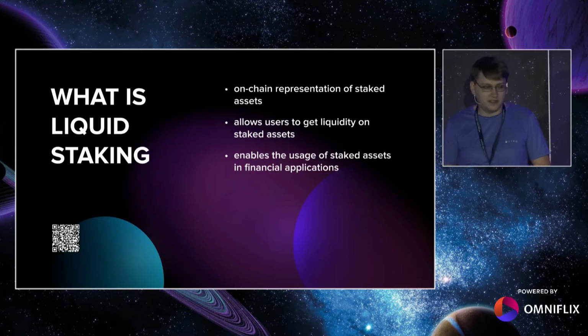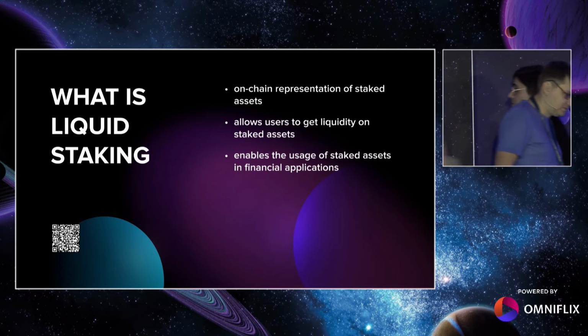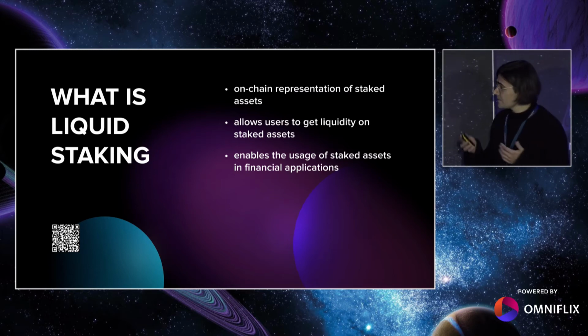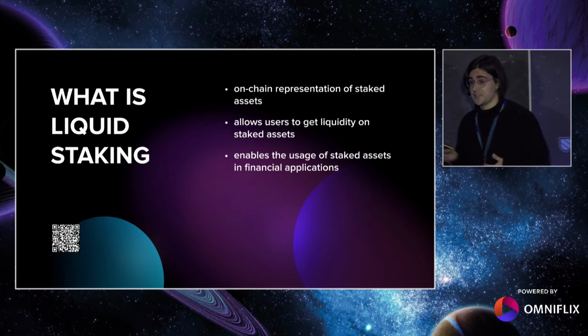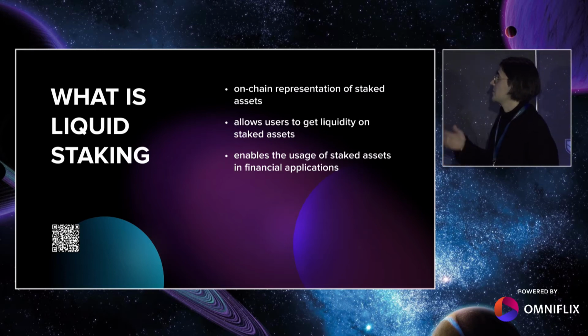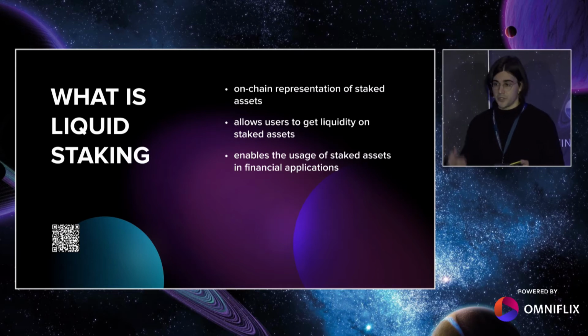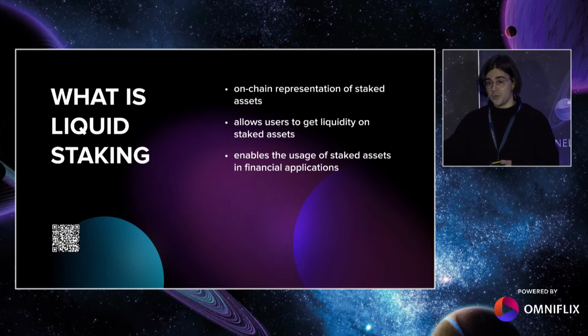We'll tell you a bit about what liquid staking is and how it works on TERRA. Yesterday we talked a lot about staking and liquid staking, but I would just like to quickly reiterate on those topics to make sure that we're all on the same page. Liquid staking is basically an on-chain representation of staked assets. In most cases, this is achieved through interacting with a smart contract that you send your staked coins to, and the contract does two things. It receives the coins, stakes them from its own address, and mints an amount of tokens for you that represent your share in the total staked assets from the contract's address.